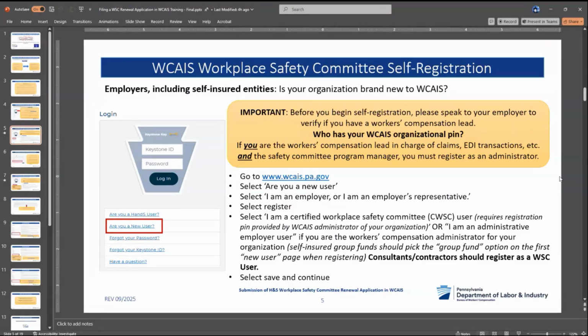If you are an employer, including self-insured entities, and your organization is brand new to WICAS, before you begin with self-registration, please speak to your employer to verify if you have a workers' compensation lead. This lead will have your WICAS organizational PIN. If you are the workers' compensation lead in charge of claims and EDI transactions and the Safety Committee program manager, you must register as an administrator. Simply go to